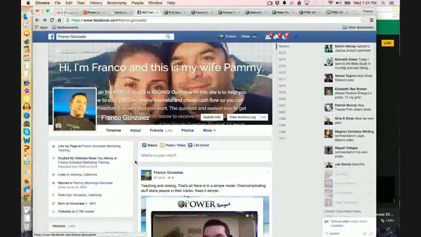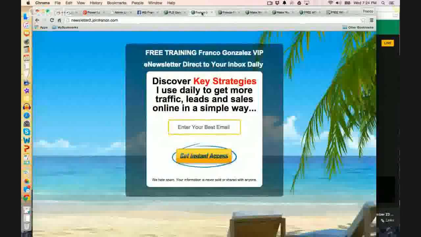This is what we help you with inside a Power Lead system. Now, they can land on a lead capture page. Maybe you offered them an invitation to hop on your email newsletter where you can send them key strategies that you're using, send them daily tips on how they can get more traffic, leads, and sales on the internet in a simple way direct to their inbox.